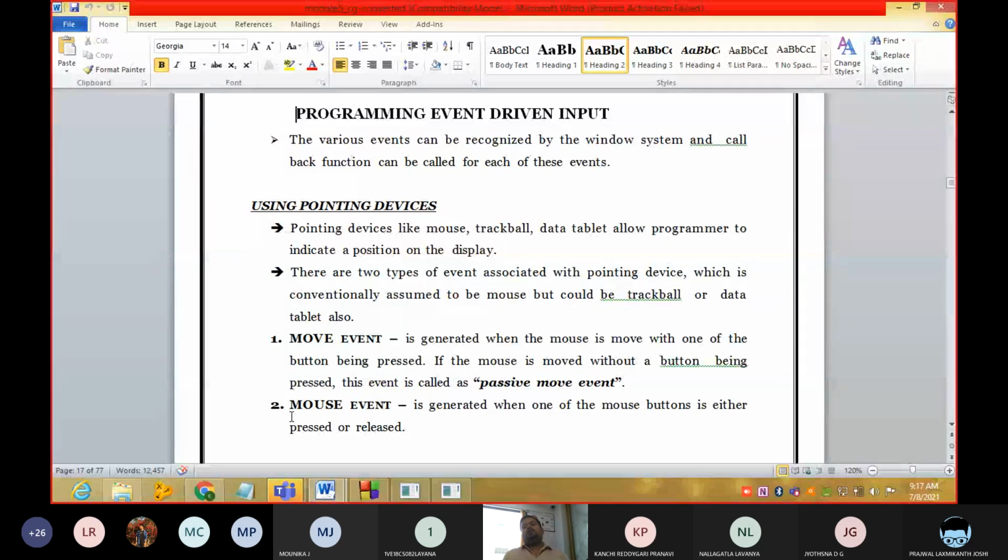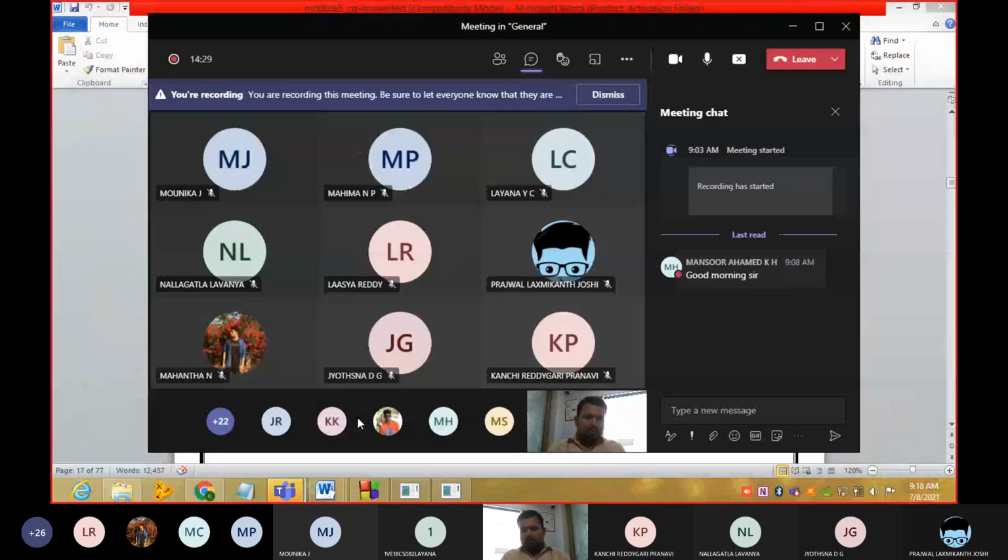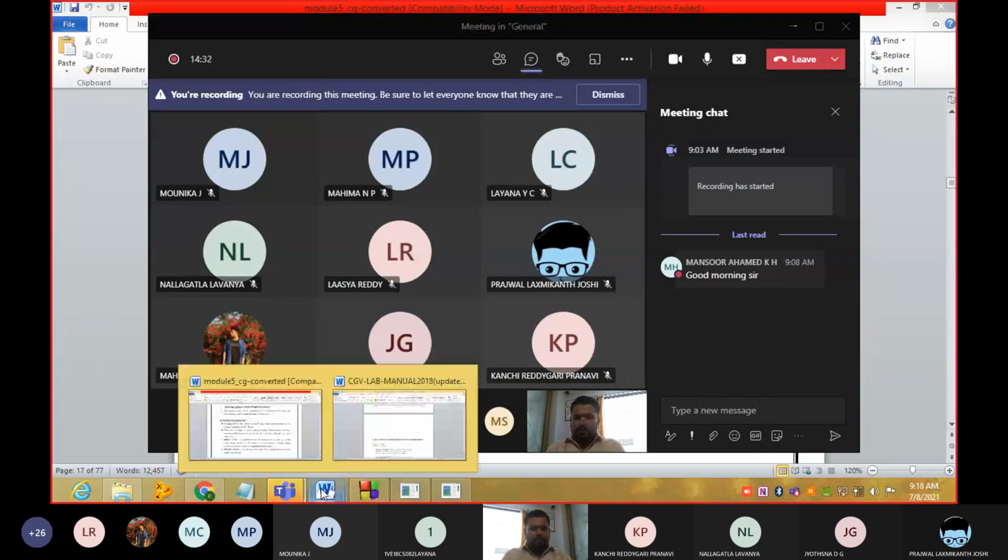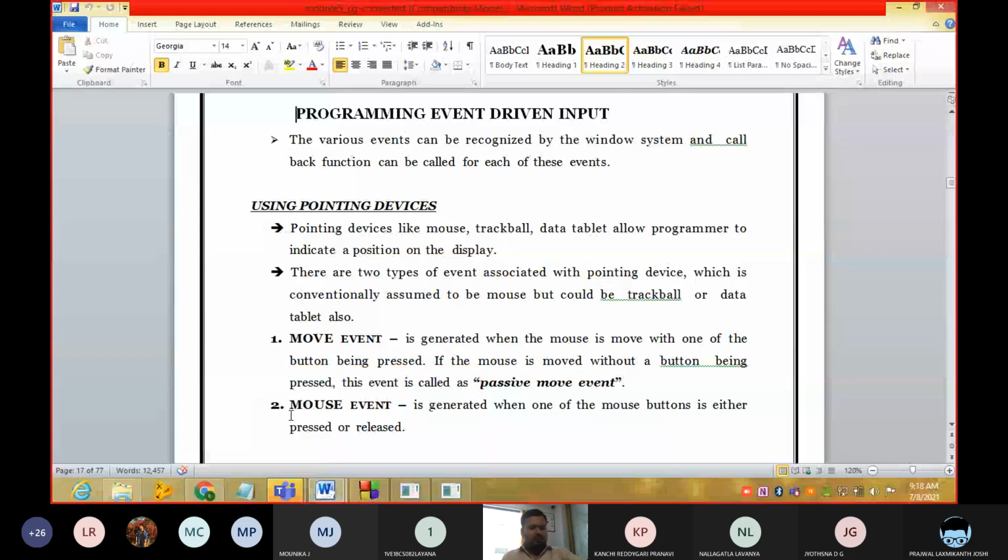Two things we can do: we can move the cursor of the mouse from one position to another position, and we can pick a location on the screen. Those two things we can do with respect to the mouse. So there are two events: the move event and the mouse event.